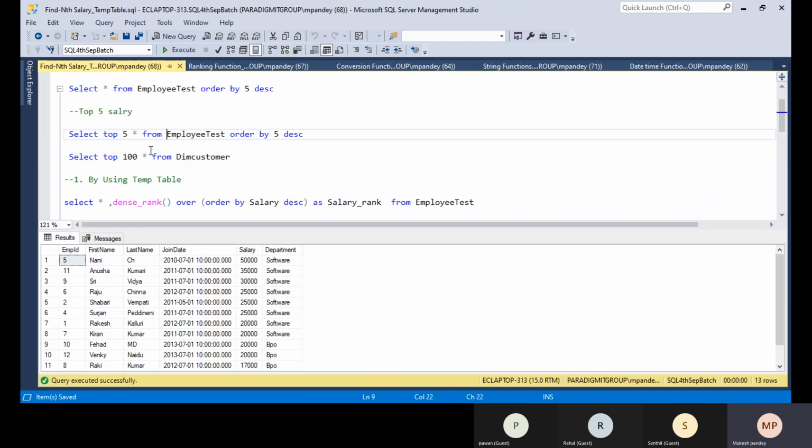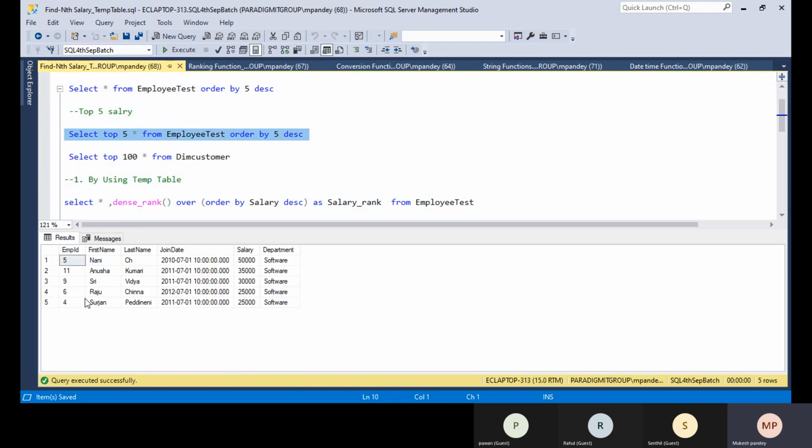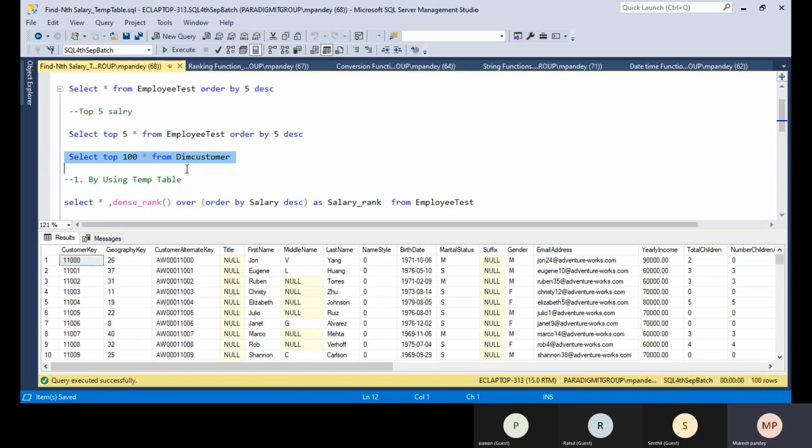I want to display only 5 records. If you use top 5 star, you will get only the top 5 records. In dim customer we have 18,000 records, but I want to display only the top 100. Sometimes you need to check only the top values, and then you can use the top clause.